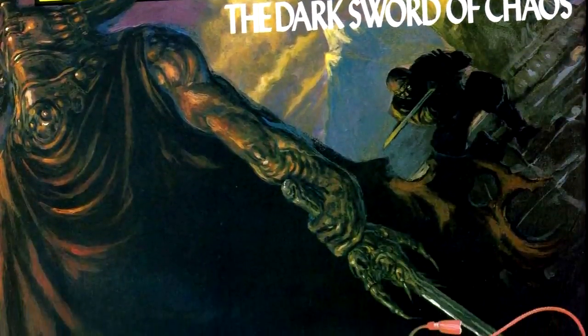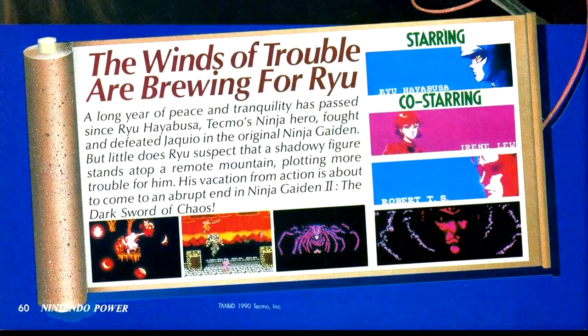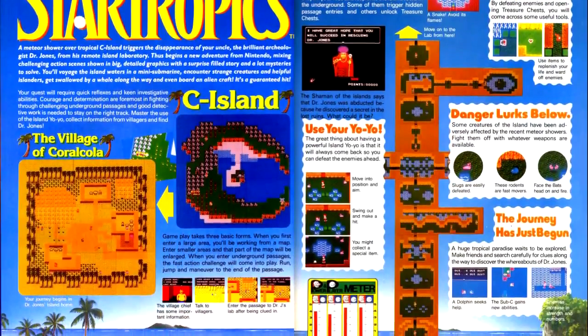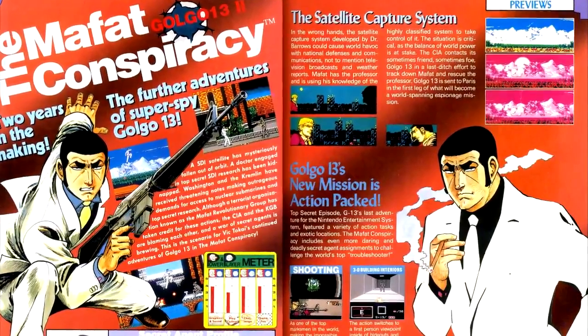We then have a preview of Ninja Gaiden 2, which gets a strategy guide later on, so I'm going to focus on the game more there. Then there's also a preview of Star Tropics, which is Nintendo's, just for the US, semi-Zelda-styled game. We then have Golgo 13 in the Mafiat Conspiracy,